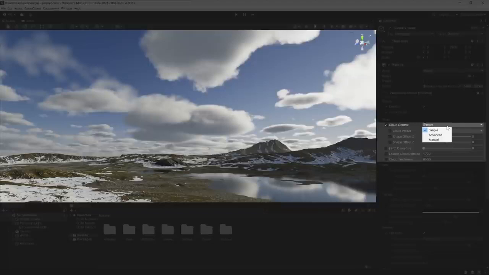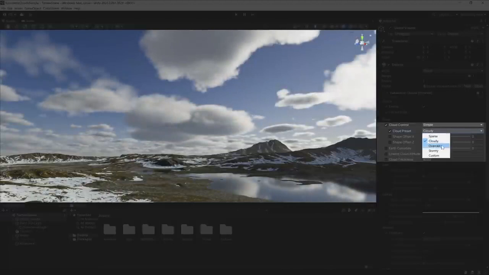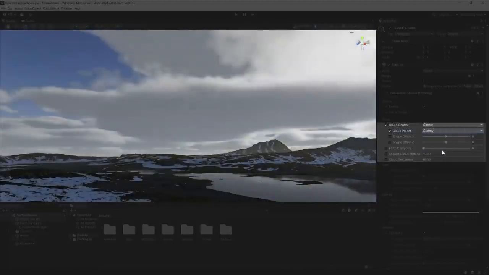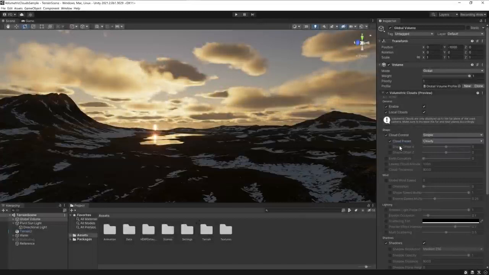In the simple mode, you'll find presets for sparse, cloudy, overcast, and stormy. These are the 4 quickest ways to get a given type of weather in your scene. There is even a curve-based custom mode that lets you have even more control, but we'll get to this one a bit later. So the look of the clouds and their impact on the environment is driven by many factors: